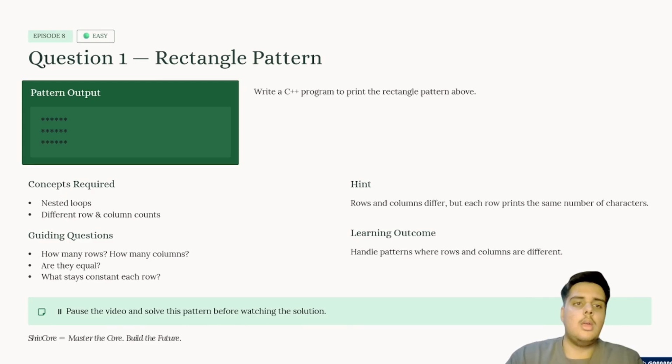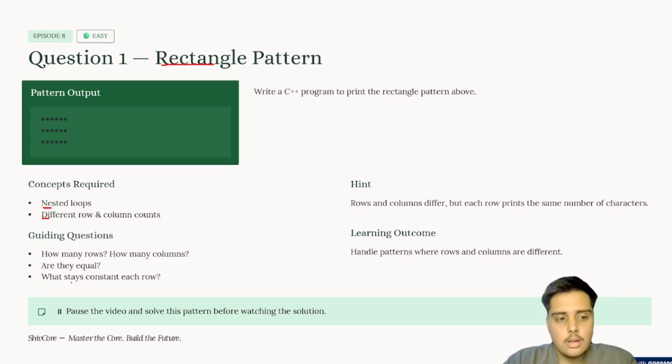So, coming to our first question, rectangle pattern. The question is: write a C++ program to print the rectangle pattern above. The concept required is a nested loop, with different row and column counts. Guiding questions are: how many rows, how many columns, are they equal, what stays constant each row.